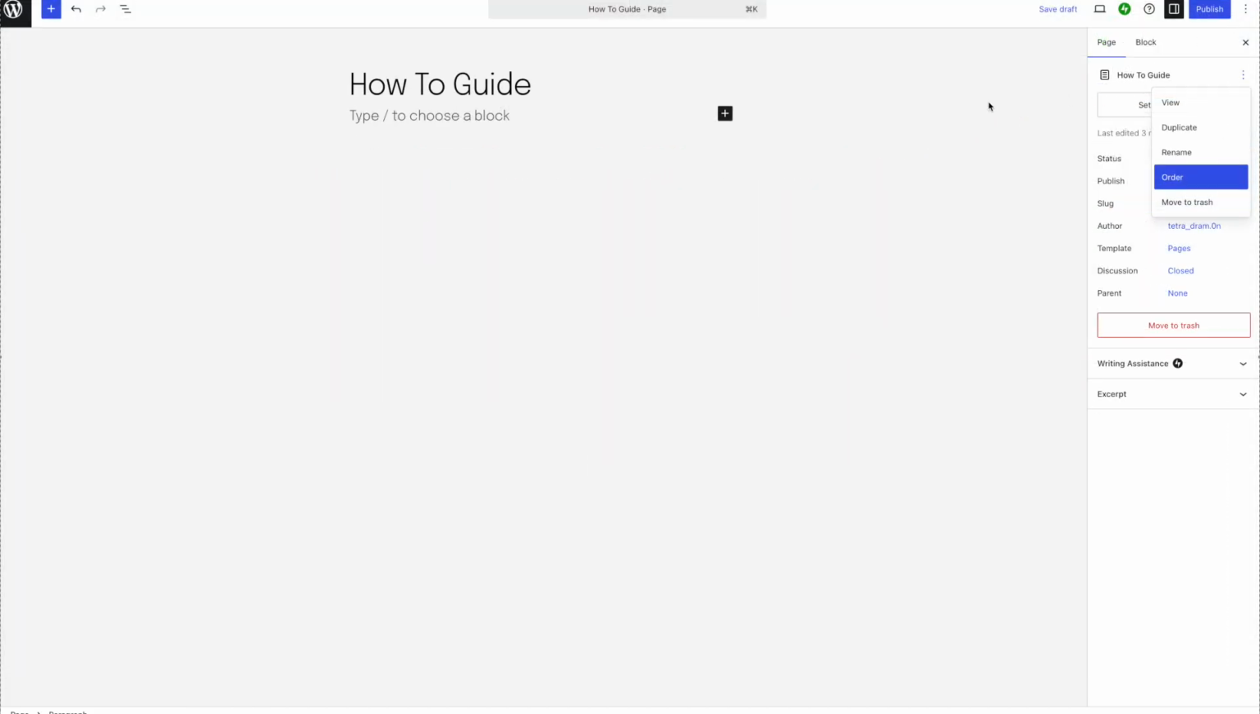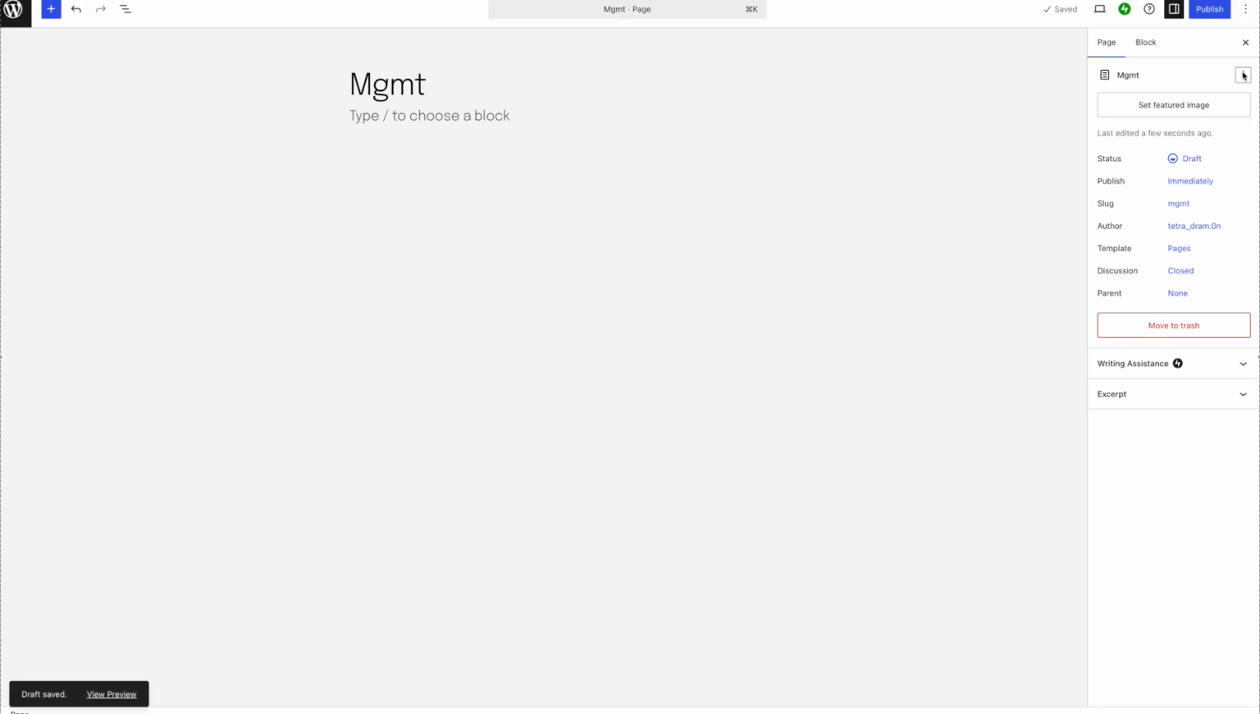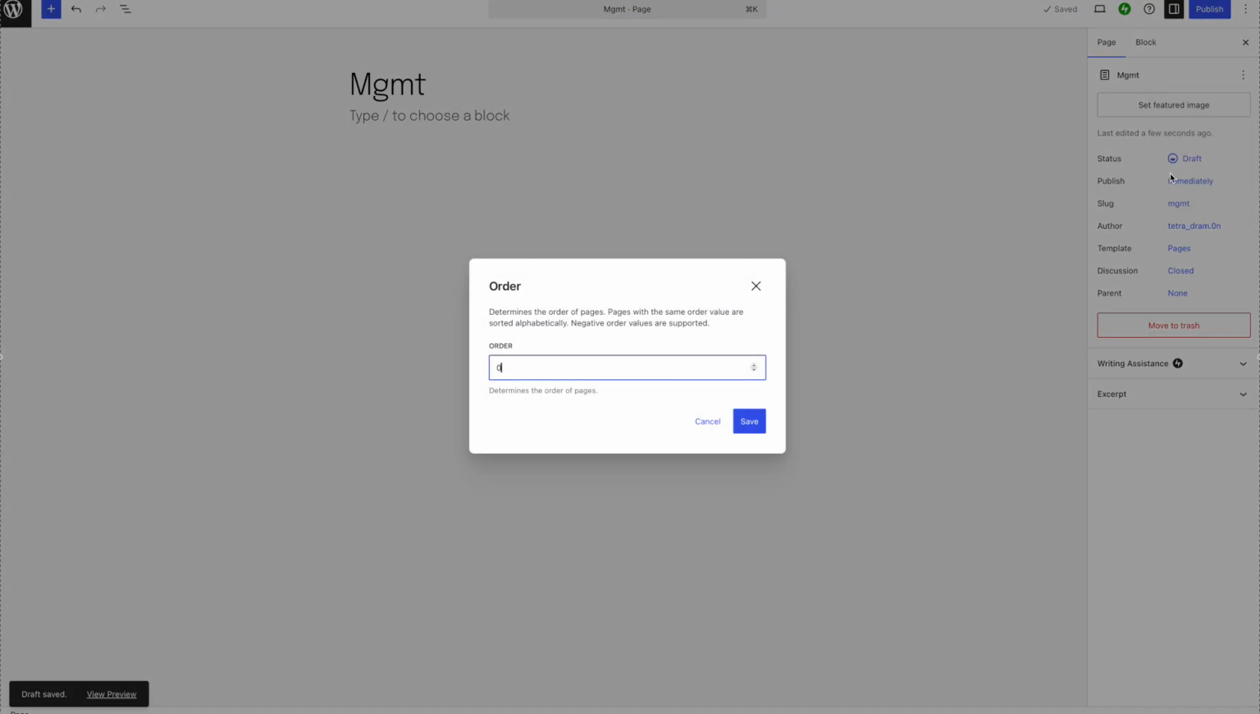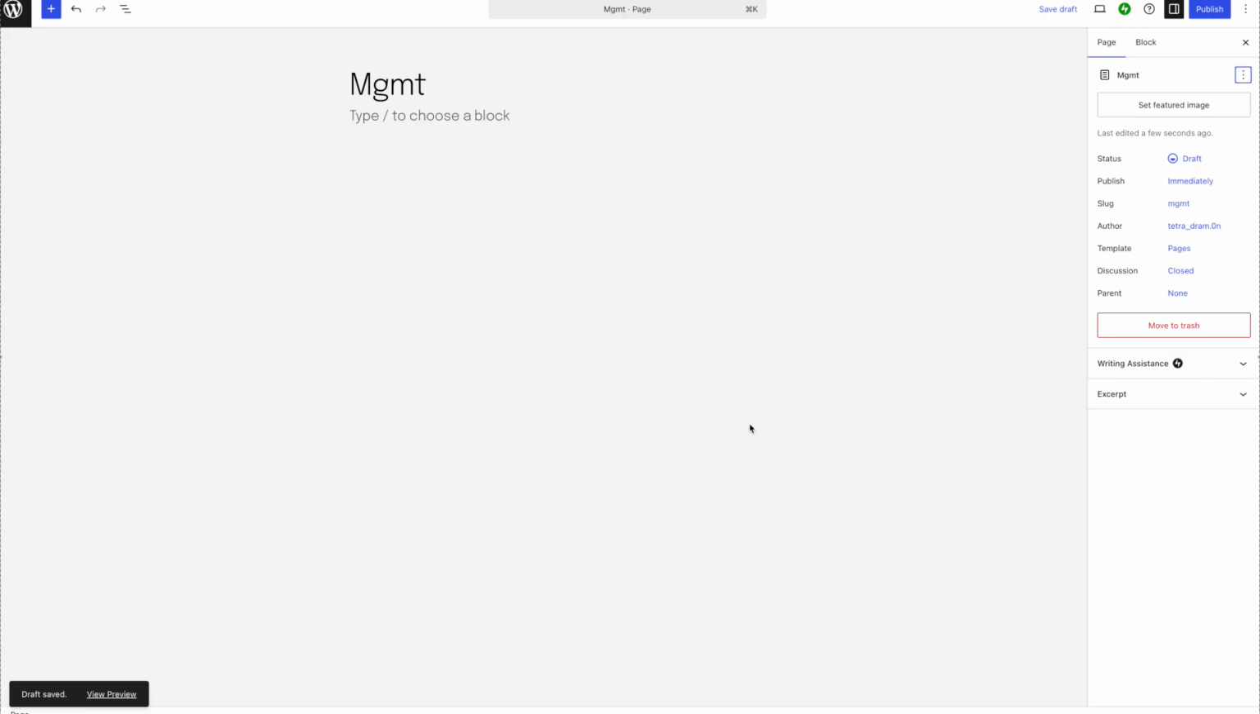I'm actually going to change the name of this page to management, and I just call it MGMT. It's going to be a draft page, again saving, and I'm going to click order, and I'm going to make this one order 1000 so that it stays all the way at the very end. Okay, now I hit